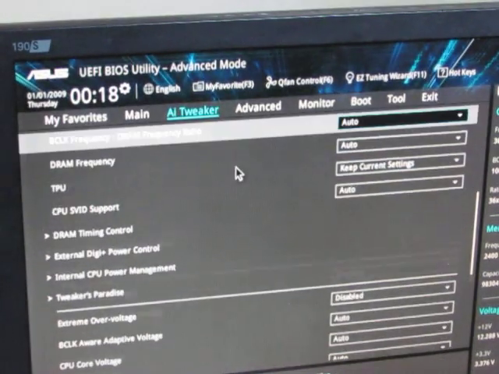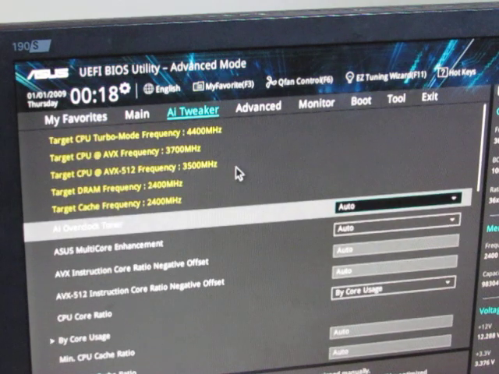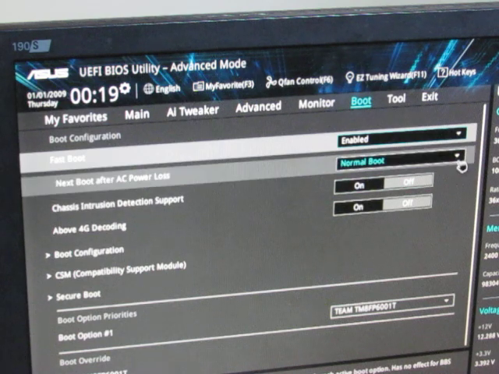I want to change that so that it stays there, sits for 9 seconds. You'd think it would be here in boot, right? How about